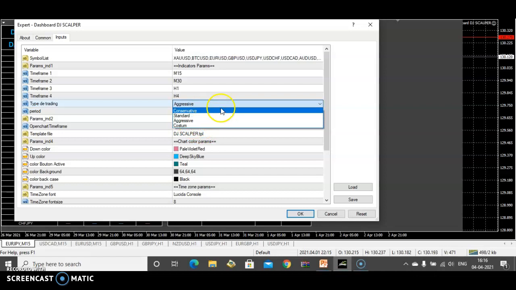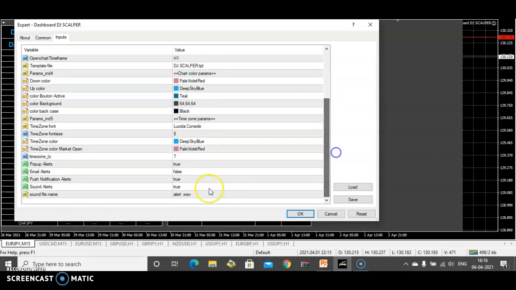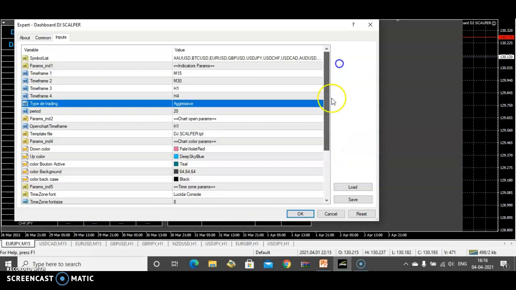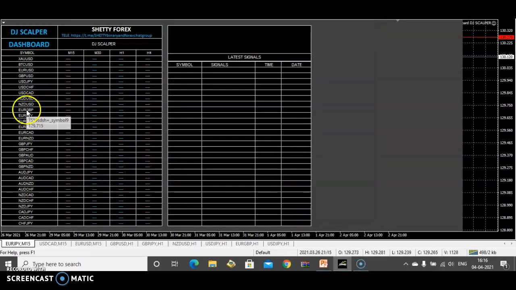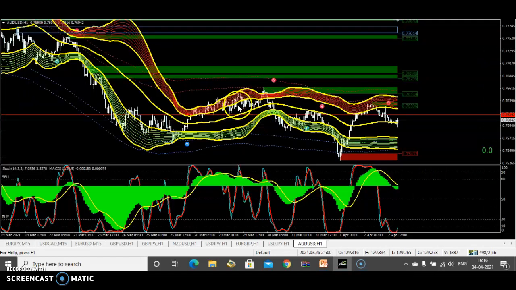You can even make your own strategy, whatever you prefer. Your period is 20, and if you want to keep all this true, you can keep it, like email, push notification, sound alert, time zone, everything is there. So as I said, you just need to press the symbols, so automatically the chart will get opened.